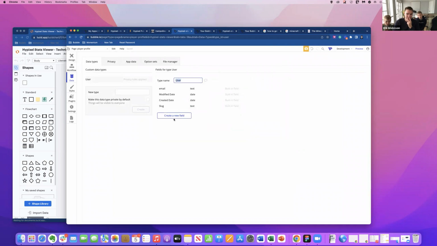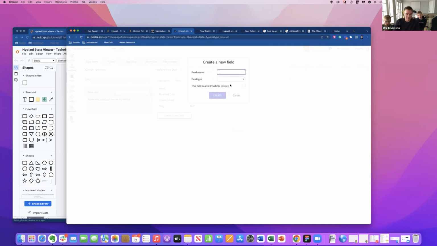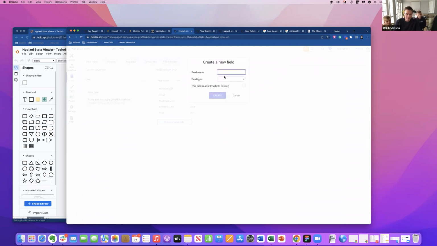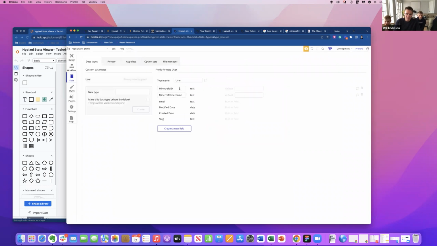And I'm just going to create a few fields on this. I'm going to have Minecraft ID text, and I'm going to have Minecraft username, which is a text,